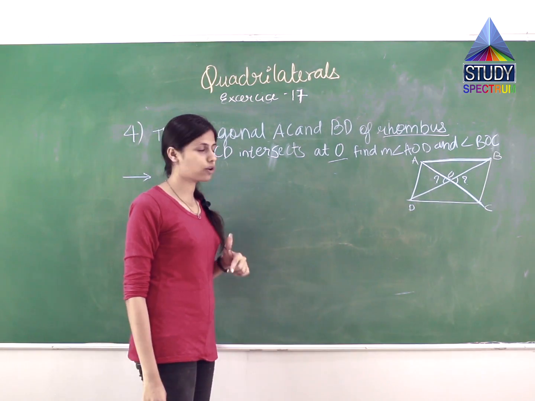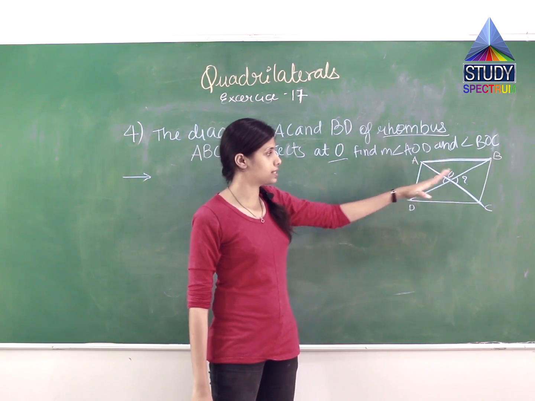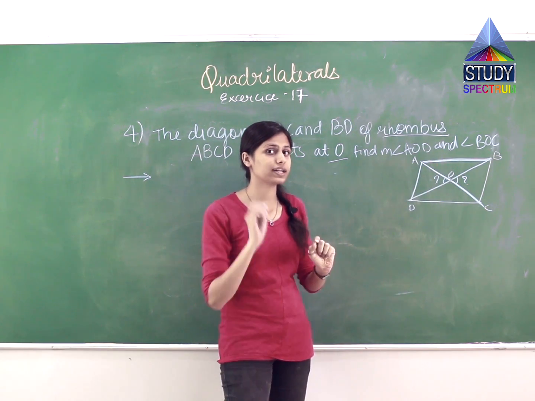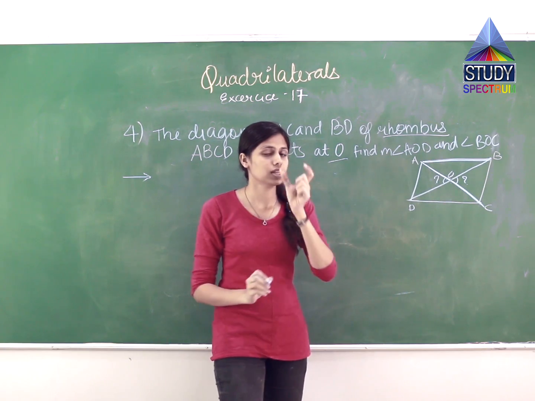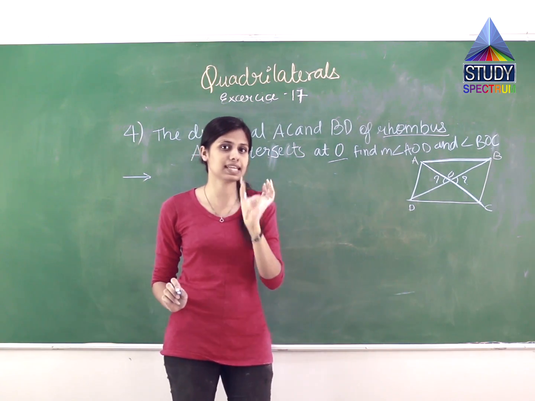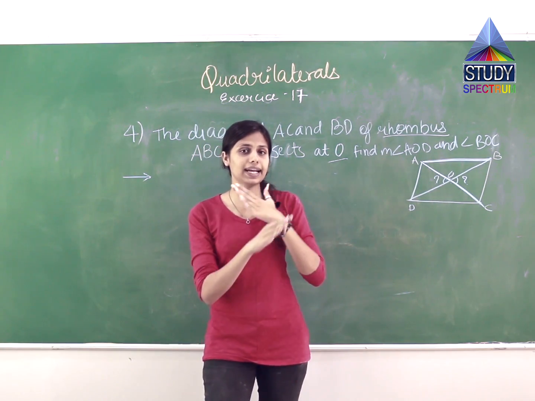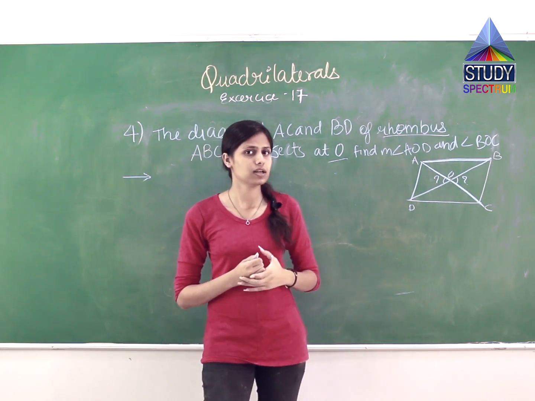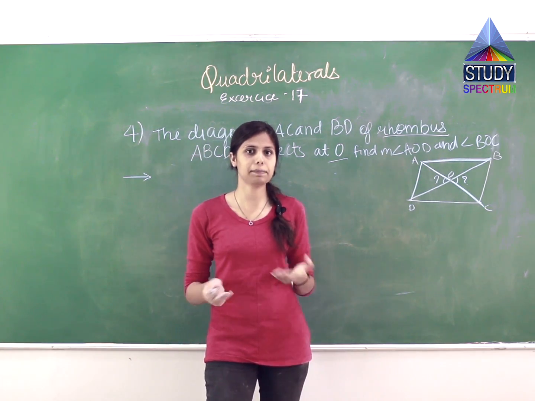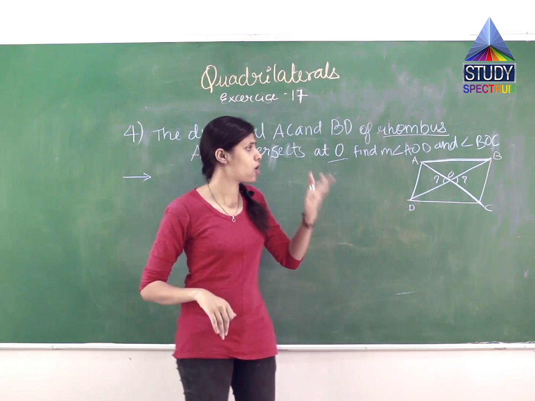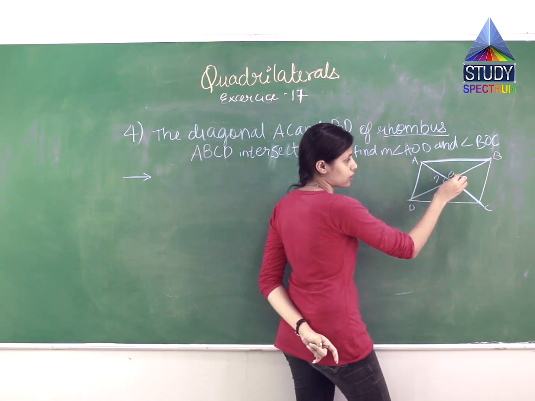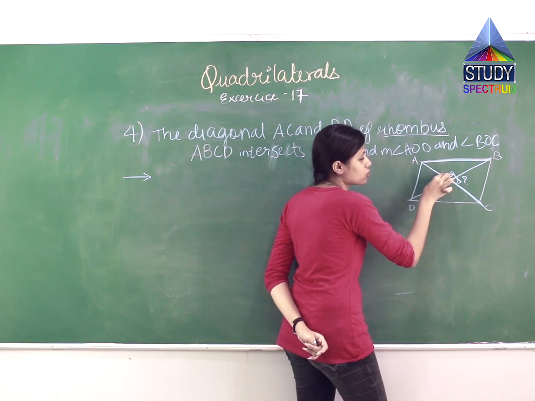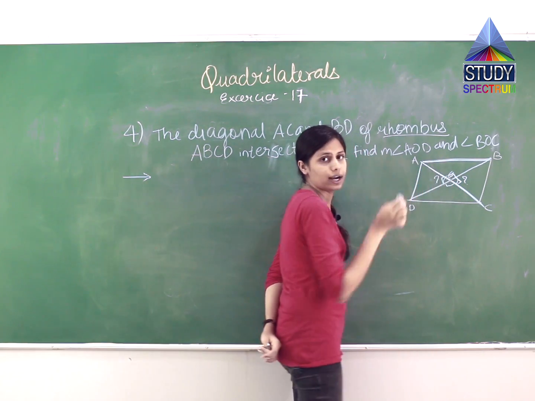Remembering the conditions of a rhombus. In a rhombus, the diagonals are the perpendicular bisectors. What is the meaning of perpendicular? The word perpendicular itself indicates that they intersect at 90 degree. So what should be both these angles? They both should be 90 degree, right? Because they are the perpendicular bisectors. What is the meaning of perpendicular bisectors? All the angles formed in the middle will be of 90 degree. So all these angles will be of 90 degree.